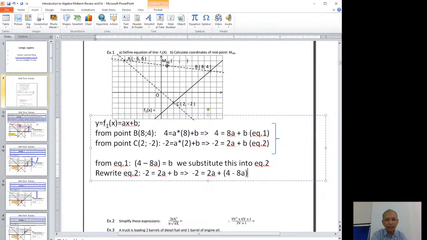So everyone understand this: you have to take care about your asset. When we bring b down, b must equal the whole thing, 4 minus 8a. Nothing drops. Okay, understand? Then rewrite it again below. Okay, negative 2 equals 2a